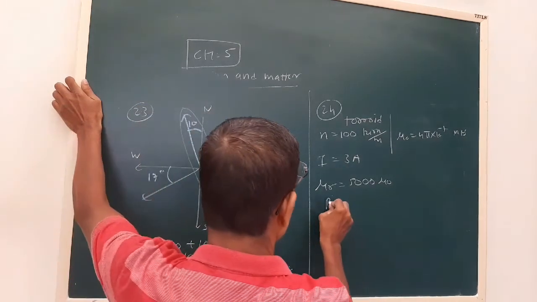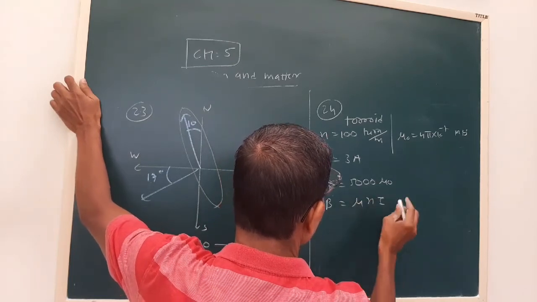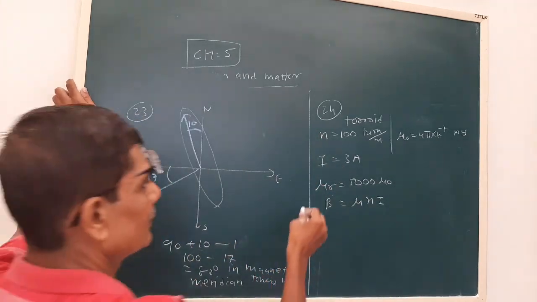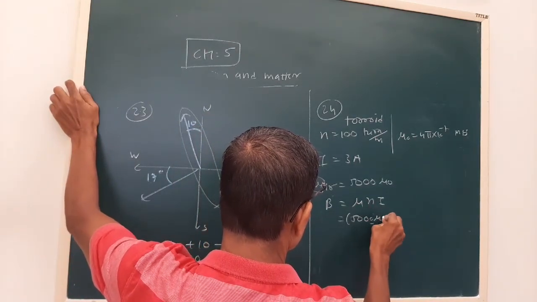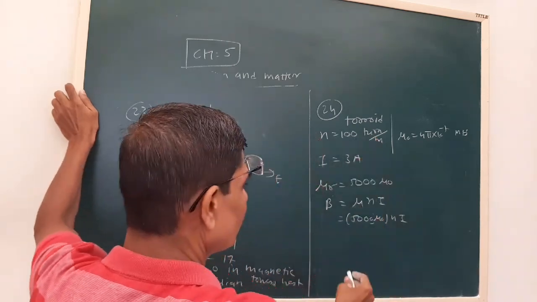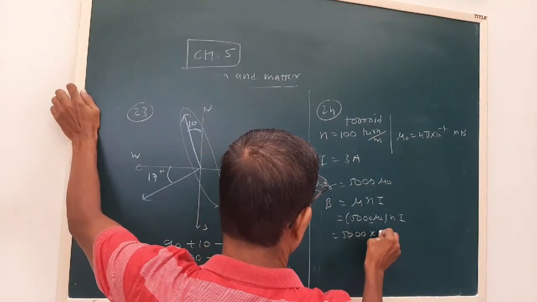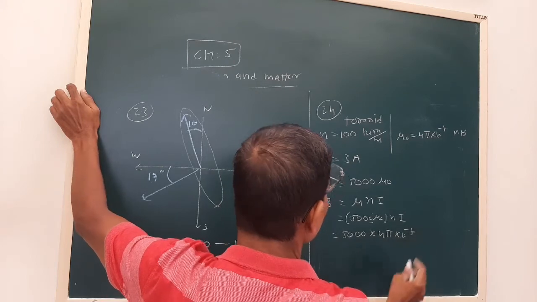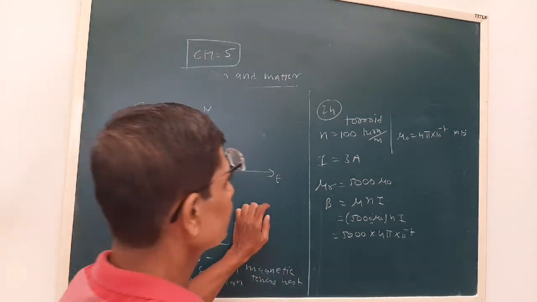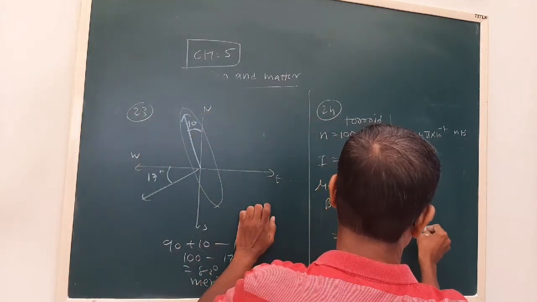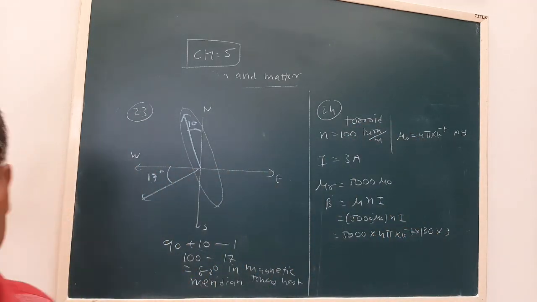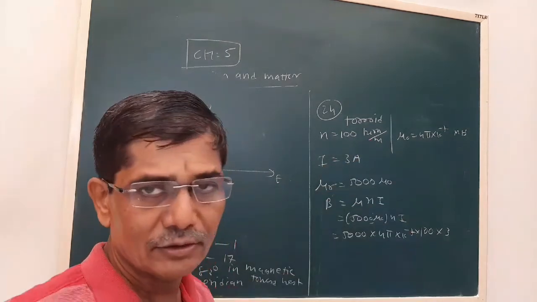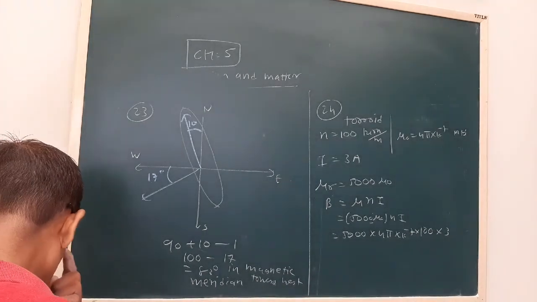Now see here, mu is 5000 mu 0, so mu 0 is 4 pi into 10 to the minus 7. The current value is 3 ampere, and N is 100 turns per meter. So we have used the formula for the toroid: B is equal to mu n I. N is given as turns per meter, so that's why we are using it directly. So if you solve this, it will be